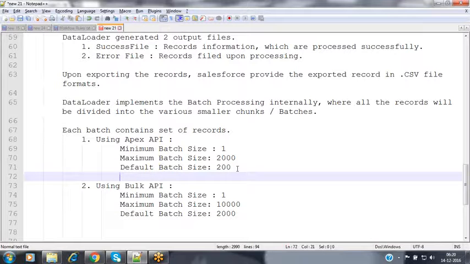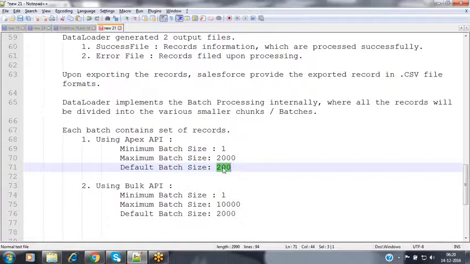Nothing but the maximum size of the batch is 2000, the minimum size is 1, and the default size will be 200. By default, data loader is going to consider the default batch size for every batch. If you want to specify your own batch size, then you can specify a range of minimum 1 to maximum 2000, depending upon your need. We can specify this batch size as well here.